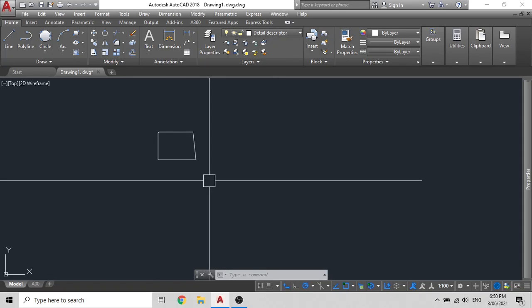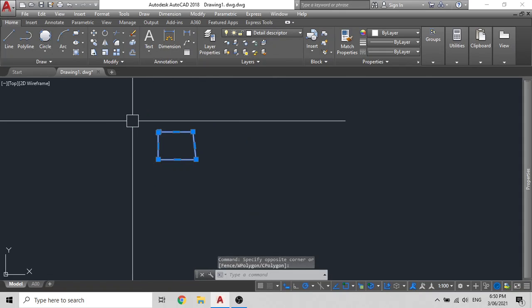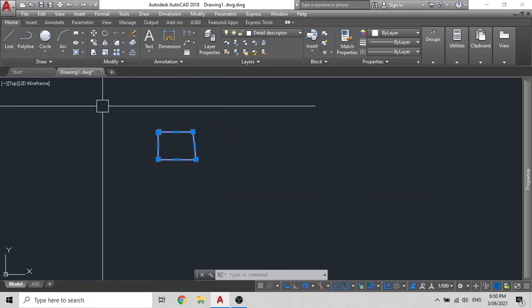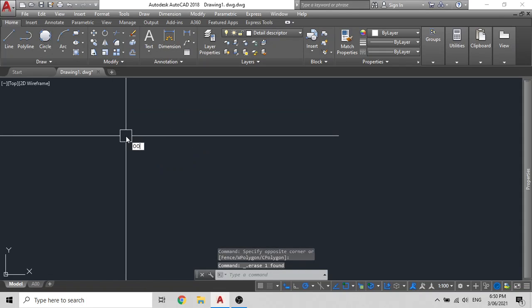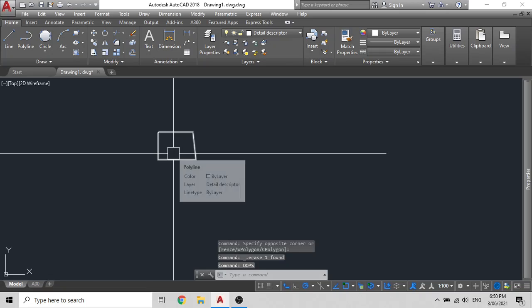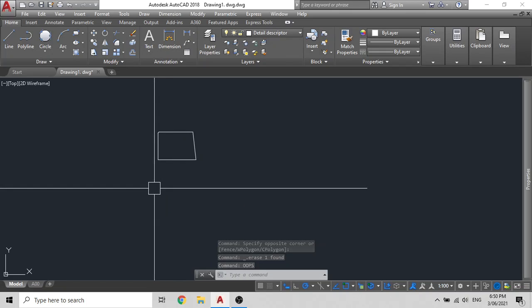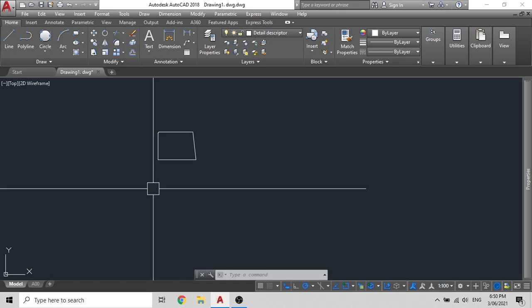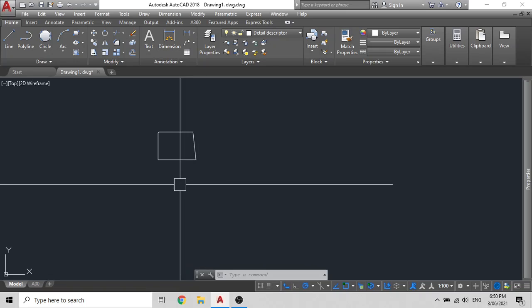Undo and oops. Let's say you have deleted a line by mistake. What you can do is press Ctrl plus Z to bring it back. Or you can type OOPS, press enter, and it will bring back your drawings. Now, if you have used the oops command or done a Ctrl Z, please be very careful. Do not press the enter or the spacebar, as it will keep on undoing everything you have done and you will reach ground zero.